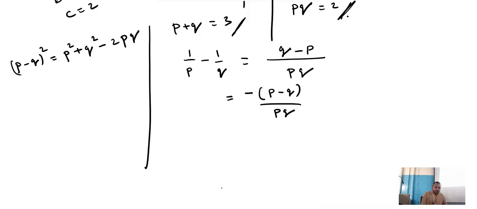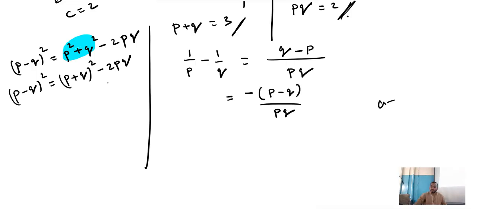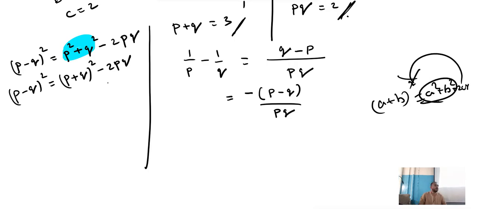Done? Then p minus q whole square equals p square plus q square, minus 2pq. It's in the form of a square plus b square. What is a square plus b square? Remember in the previous problem we have done, no? a plus b whole square can be written as a square plus b square plus 2ab. So keep a square plus b square as it is, and shift plus 2ab to the other side, minus 2ab. The same thing we have done here. So p square plus q square can be written as p plus q whole square minus 2pq.